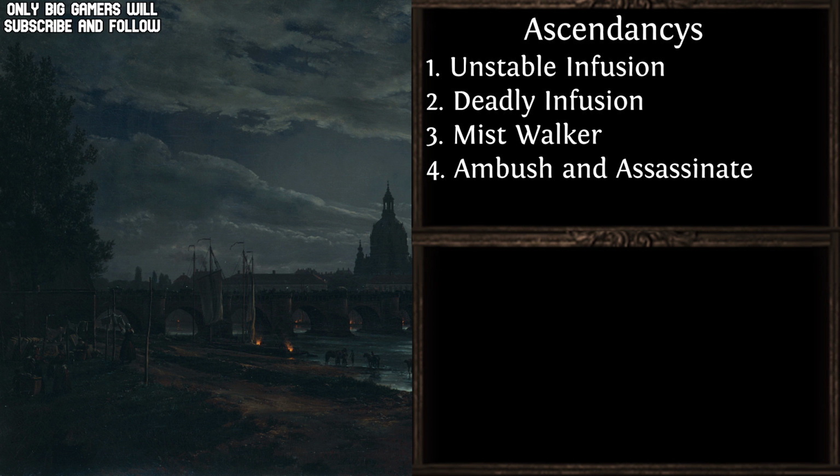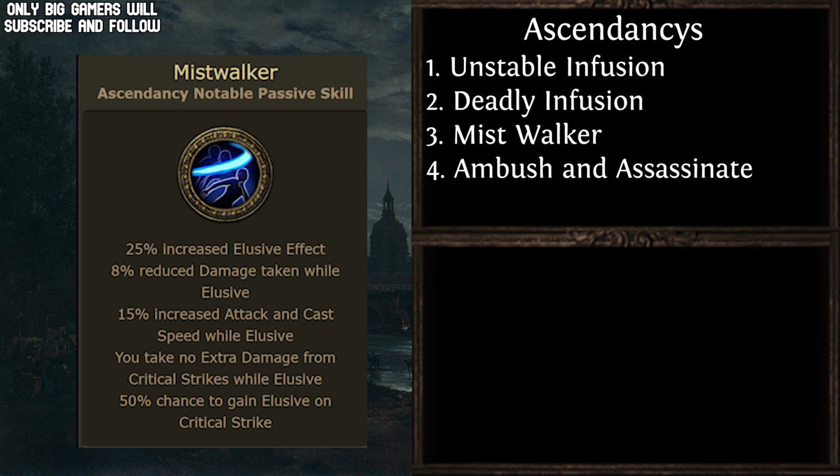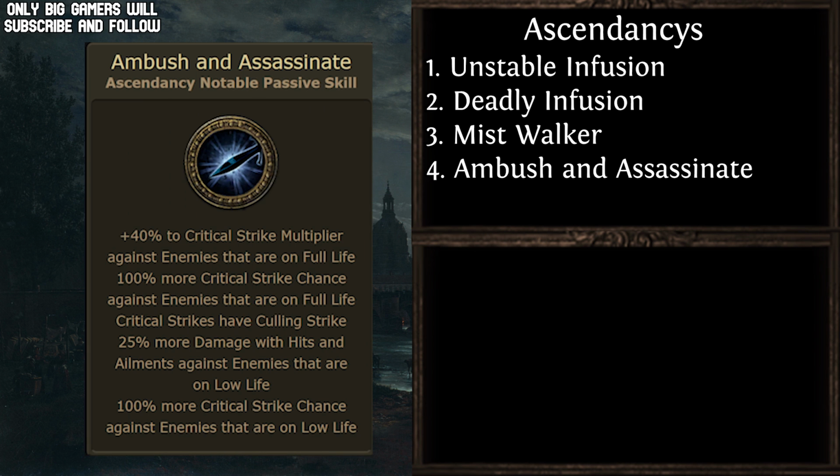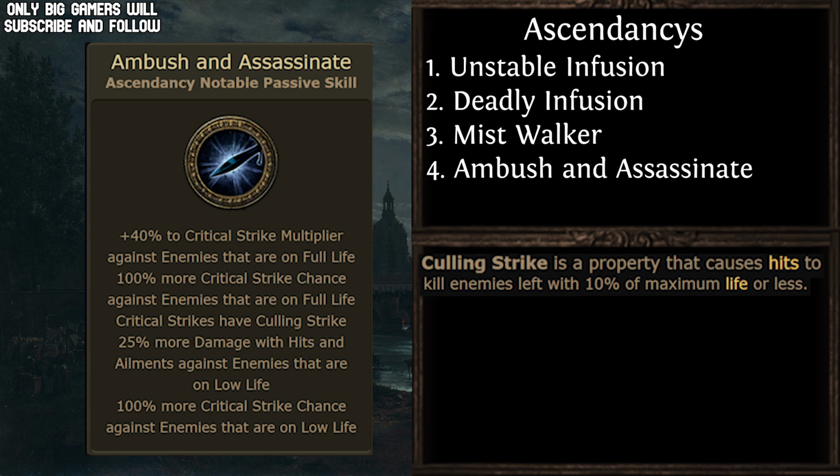From Merc Lab, we'll pick up Mistwalker for the elusive on crit, attack, and cast speed while elusive, reduced damage taken while elusive, elusive effect, and no extra damage from crits while elusive. Lastly, from Uber Lab, we'll pick up Ambush and Assassinate to assist our explosions' crit strike chance, and to give us Culling Strike on our critical strikes, which means